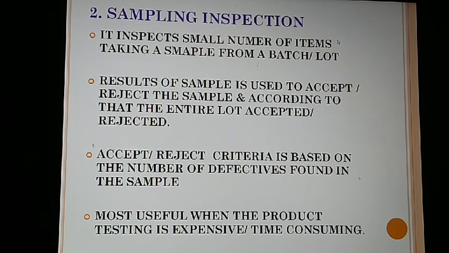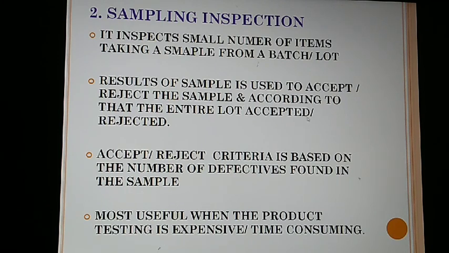What is a sampling inspection? Sampling inspection or acceptance sampling means it inspects a small number of items, taking a sample from an entire batch or lot. When the batch size is very large, you have to take a small number of items in a sample so that you can easily inspect it, and the result of each sample is used to either accept or reject the